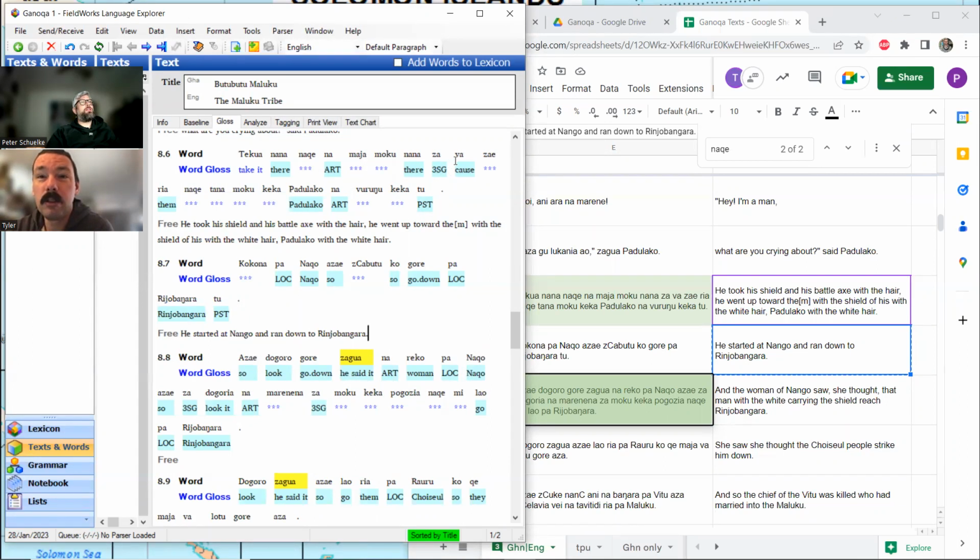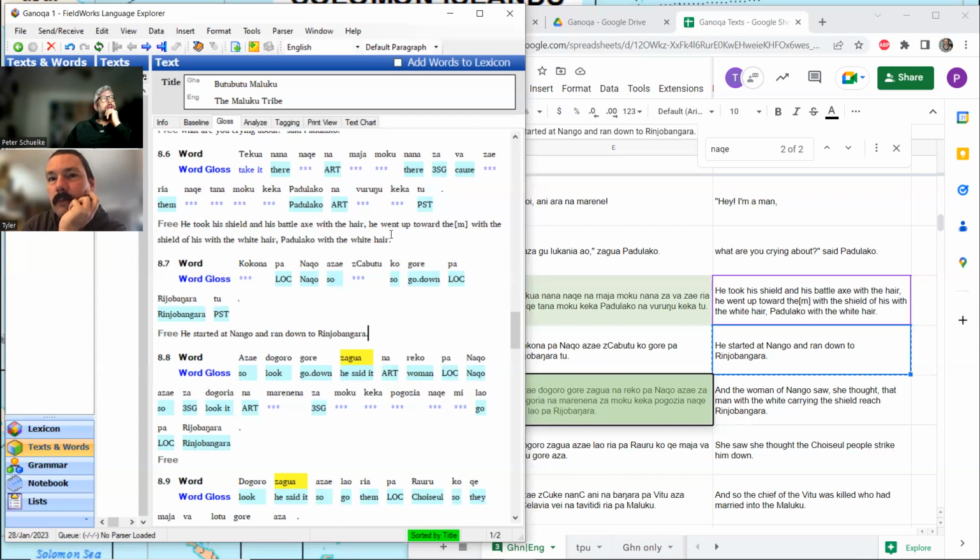I don't think it's related to third singular because you get third singular before cause. Zai, we have Azai all over the place in the first story. Zai and Azai, meaning so or then, something like that. Yeah, you want to say they're connected. I mean, I agree, but you cause so them, and that's he went up toward them. I think it's in the same category as Lao and Mai and Atu. Have we seen Atu? Then Zai is another kind of directional verb type thing, and you cause towards them. He caused towards them